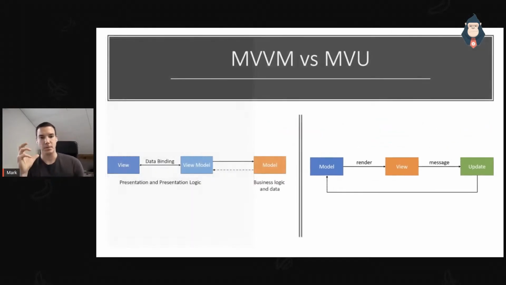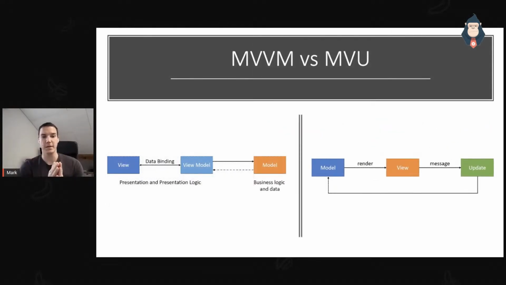So the core difference that we have here is that how something changes in your app is very strongly controlled in the MVU pattern. You can only do it in the update method, and it's done in a way that it's immutable. So you have no changes going on, no side effects going on. So if you've got two buttons that you can click and they could make a race condition, the update method is always nice and sequential, so you don't get any race conditions. The commands will be processed one after another.